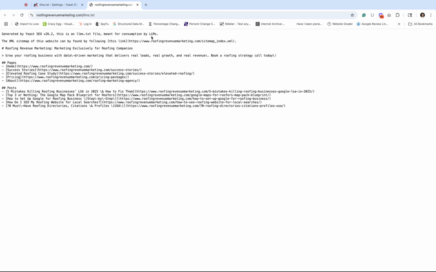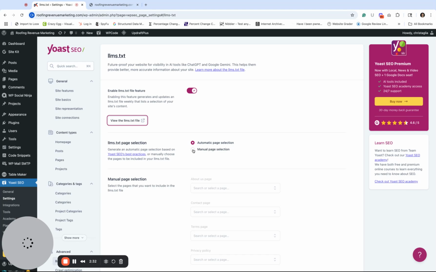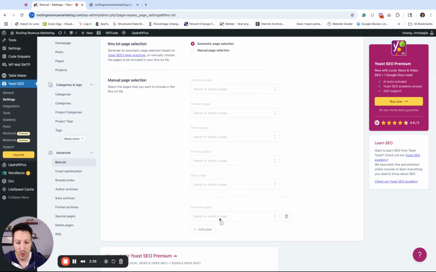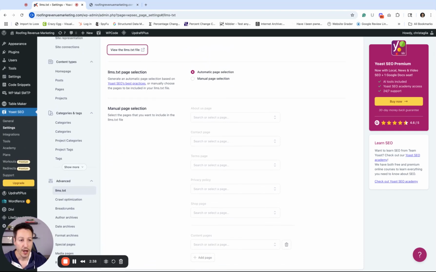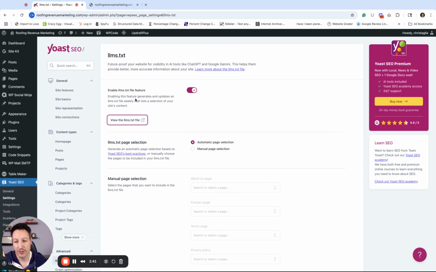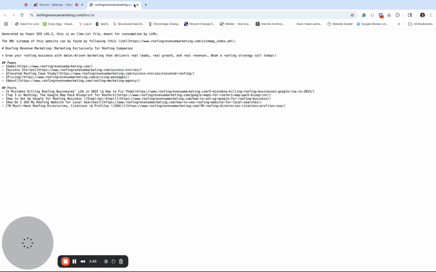This is for LLMs, language learning machines. So it automatically mapped my home page, my success story page, my case study overview page, pricing page, my about page. So it's just going to map pages that are your latest ones automatically. And then same thing with the posts, your latest posts. You can manually pick some of these like I showed you over here. You could do the manual thing and then enter these and then add more pages. It's up to you. I'm just going to let the automatic do its thing